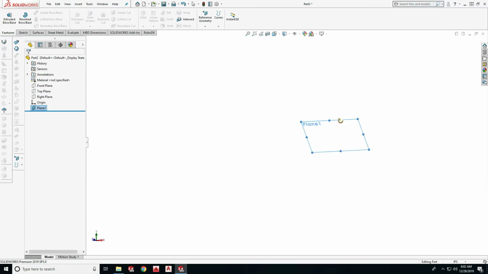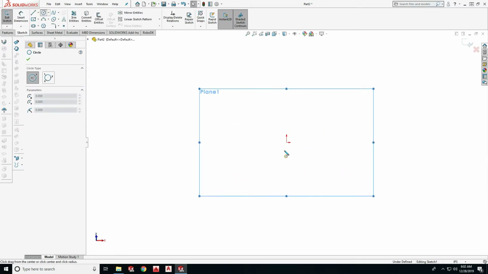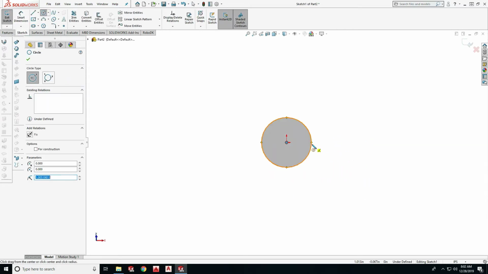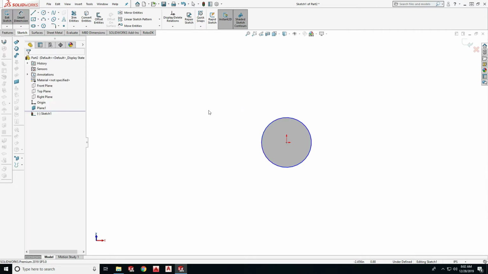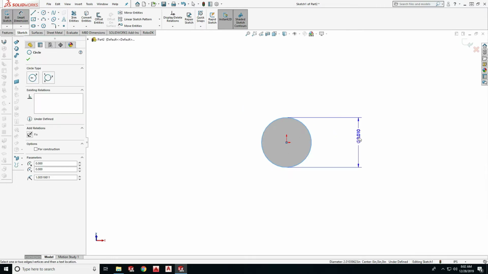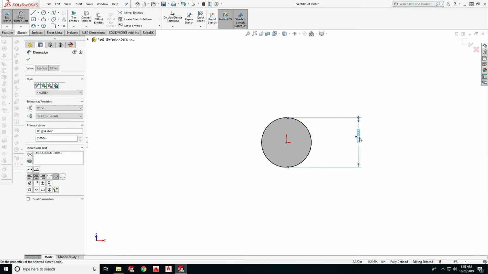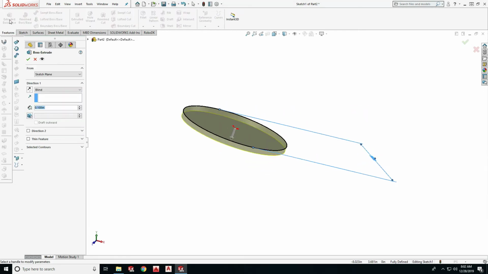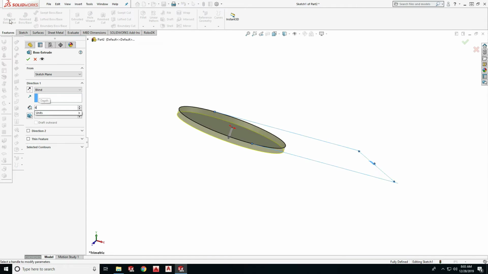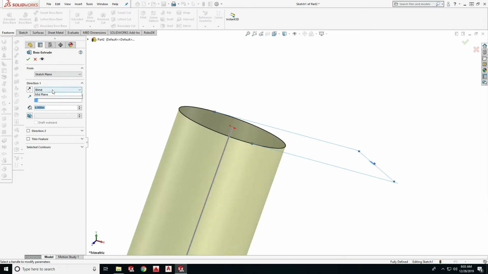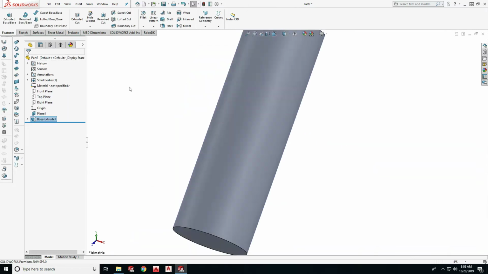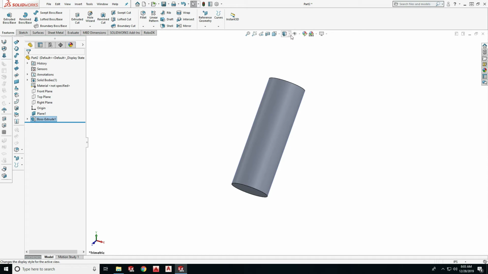And I'm going to draw a cylinder, and let's just dimension it for the sake of argument 2 inches, and extrude that to 6 inches, and I'll pick midplane. So now